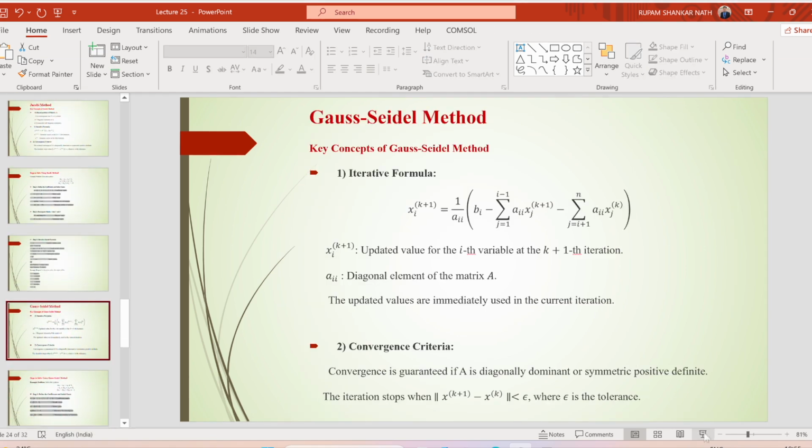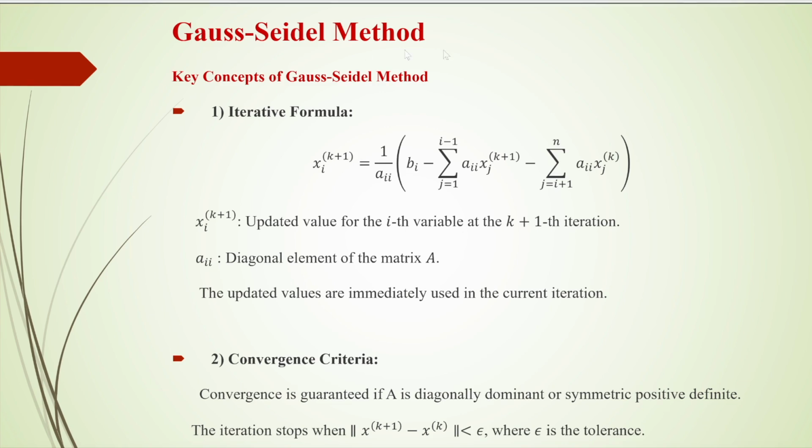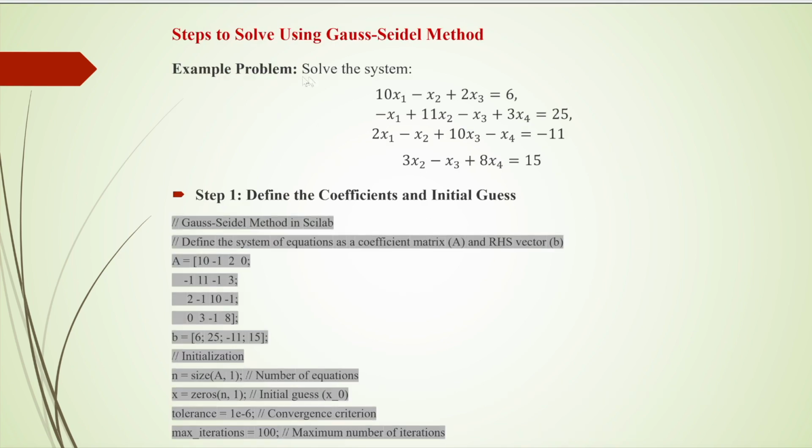Next, the Gauss-Seidel method. This is the key concept and the iterative formula for the Gauss-Seidel method, where x_i^(k+1) is the updated value for the i-th variable at the k-th iteration, and a_ii are the diagonal elements of the matrix A. The updated values are immediately used in the current iteration, and this is the convergence criterion for the Gauss-Seidel method. This is the example. These are some equations,